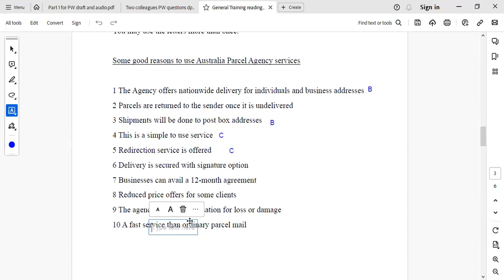Yes, this one. A fast service that's ordinary. There is a comparison made here. Don't you think so, people? There is a comparison made here because it could be used for